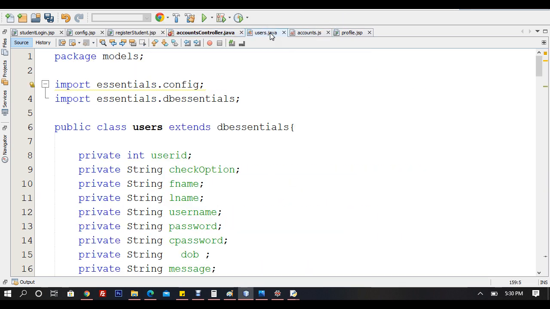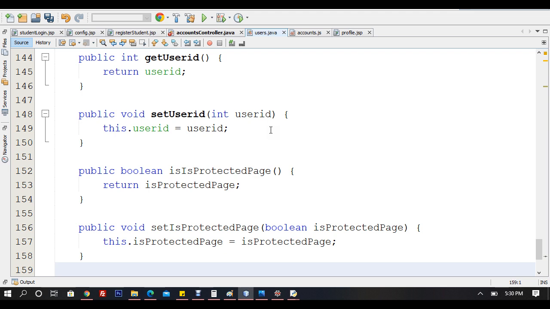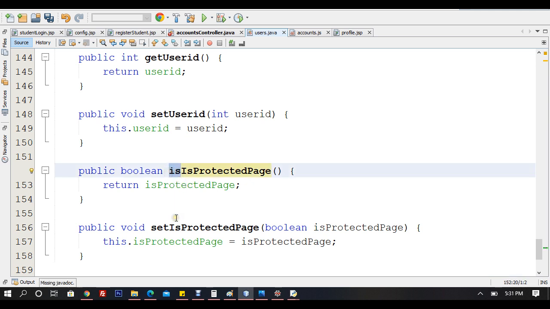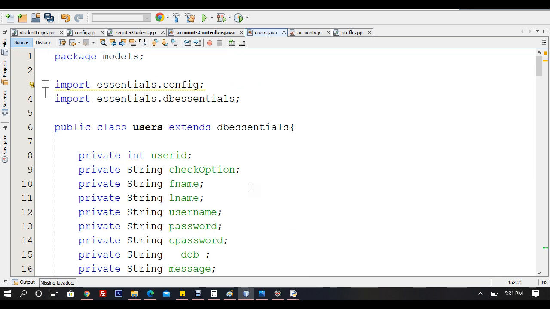It's not there. Why isn't it coming? Is boolean? Okay, it has created some problem. Now it has isProtectedPage, so I'll have to say getIsProtectedPage, and setIsProtectedPage, and initially it is